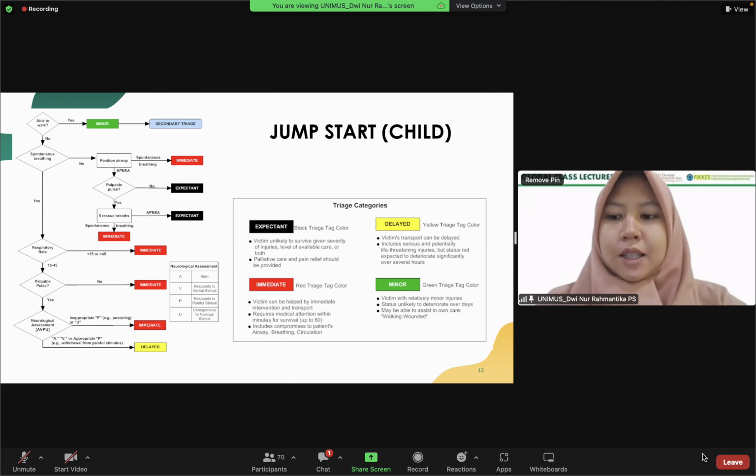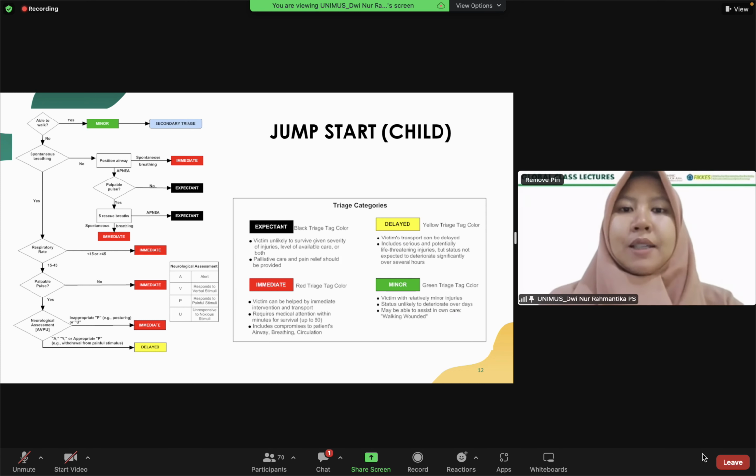Mr. Hanif already explained about triage, but that is applied in the hospital. This kind of triage is mostly used in pre-hospital, even though disaster triage is also conducted in hospital. For the child, we have a different triage algorithm. You can see it from this slide. Mr. Hanif already explained the meaning of the colors in child,